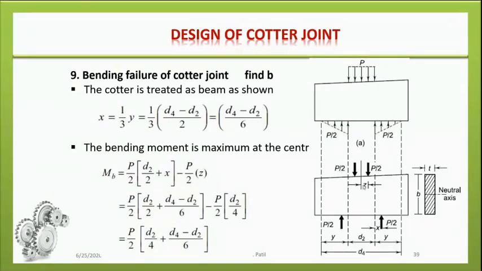D2 by 4. Correct, d2 by 4. The value of z is d2 by 4. And from that, we are able to find out bending moment. See, Mb is equal to P by 2